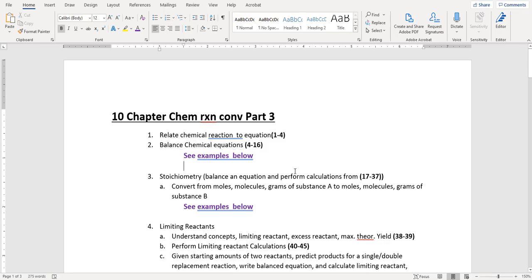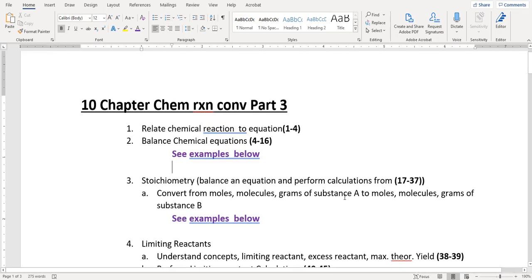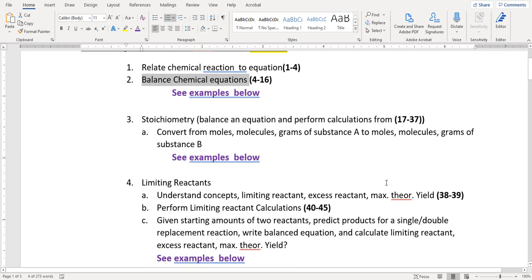Mr. T here. This video, Chemical Reactions and Conversions Part 3, will cover chemical reactions. We're going to investigate balancing chemical reactions, making sure the reactant atoms and the product atoms balance each other out. We're then going to get into chemical calculations that goes by the fancy name stoichiometry, where